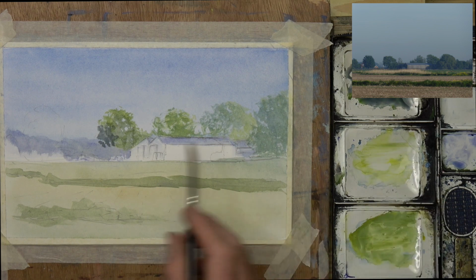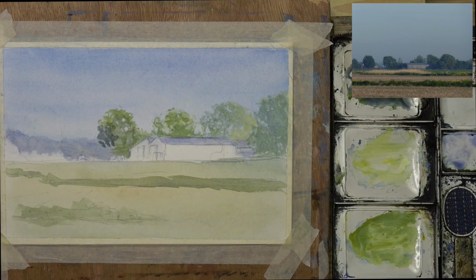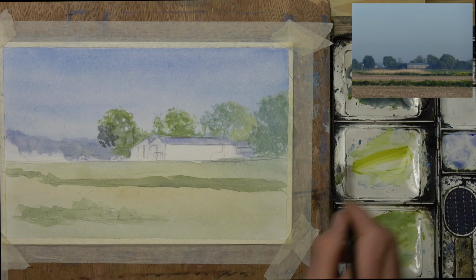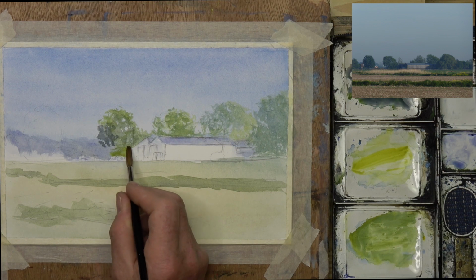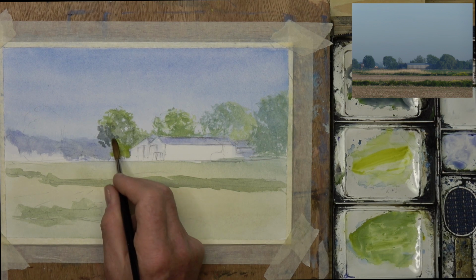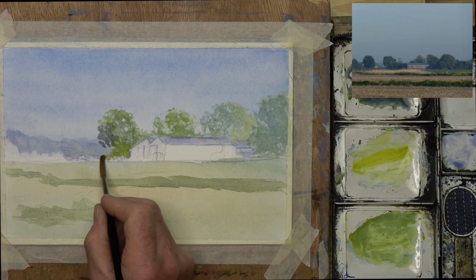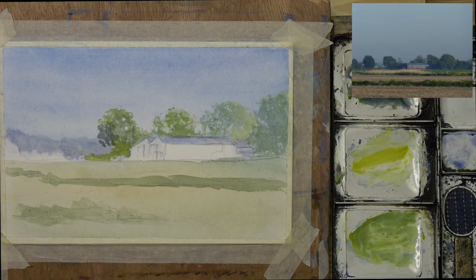I want to put a bit of light running through there. If that will allow it over that blue that's been put in, it will certainly pick up some of the blue, but it may just allow me to come back in and punch enough light through there like so, and then that will work against all the darks that I'm going to be putting in there towards the end of this. I'm going to put a little bit of light punching through some of this here, and leave that be,